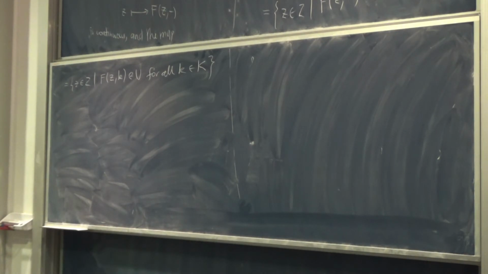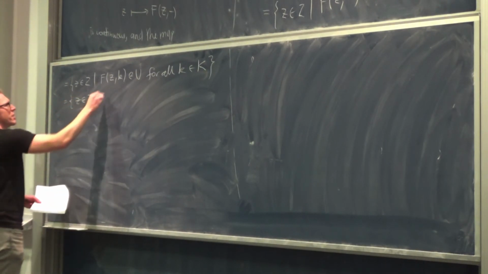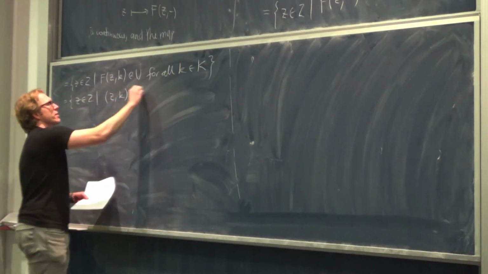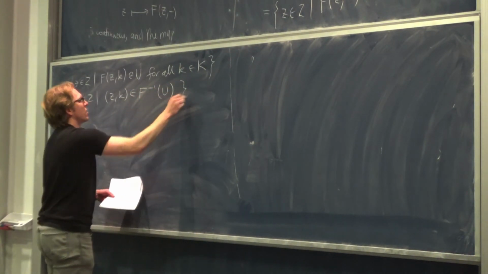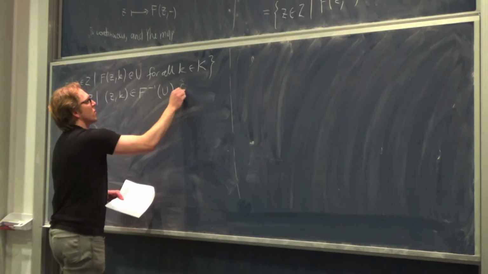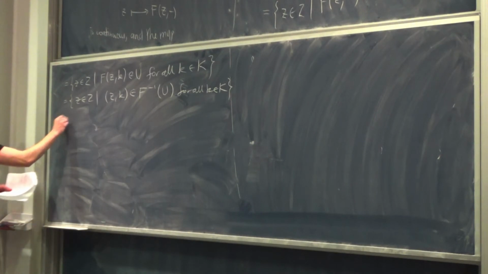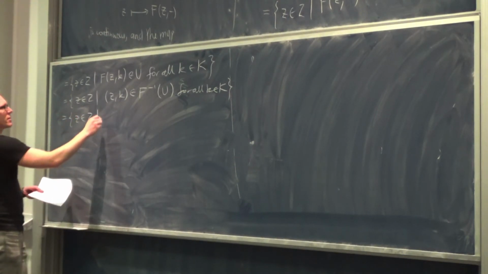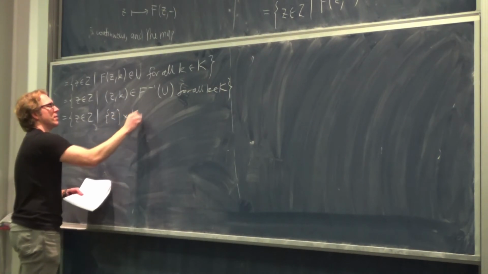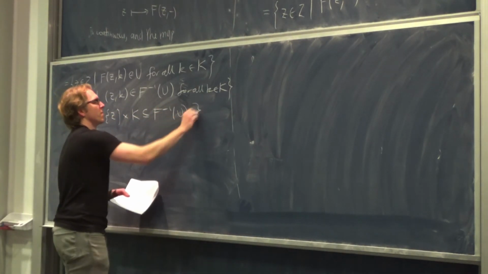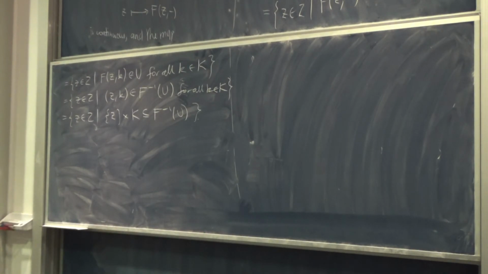It sends everything in K to something in U. All right, well, that's all the z's such that the pair (z, k) is in F inverse U for all k in K. So that's all the z's such that this product, z cross K, is contained in F inverse U. Right, well, staring at it, it's not obviously open,